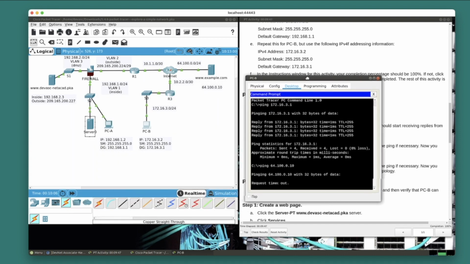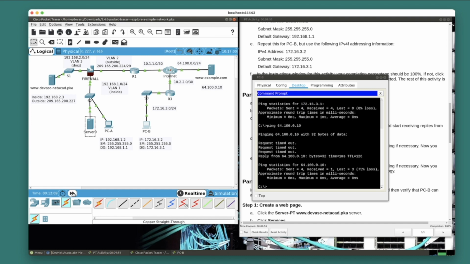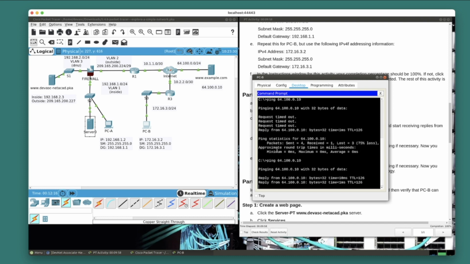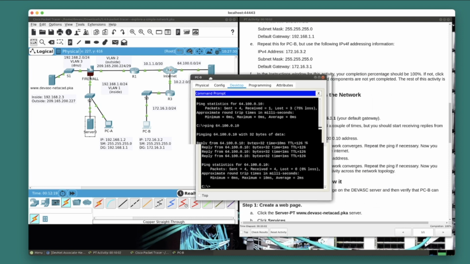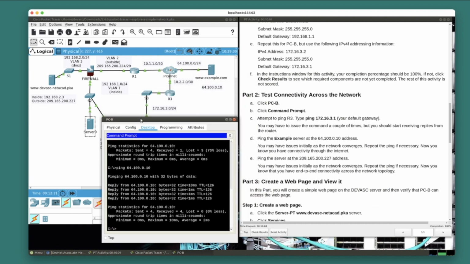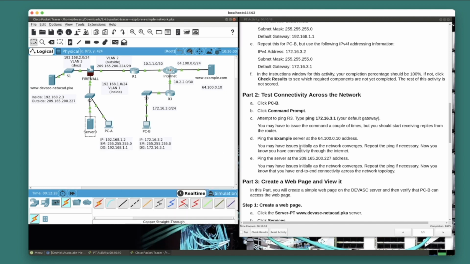Okay, and I think we can also speed things up here by clicking fast forward time. Yep, it has to go in ARP first. All right, now